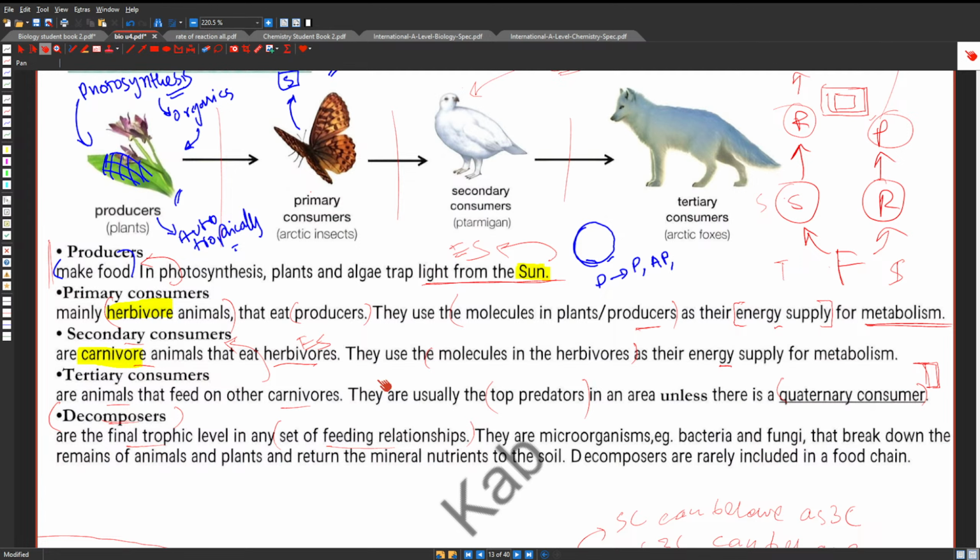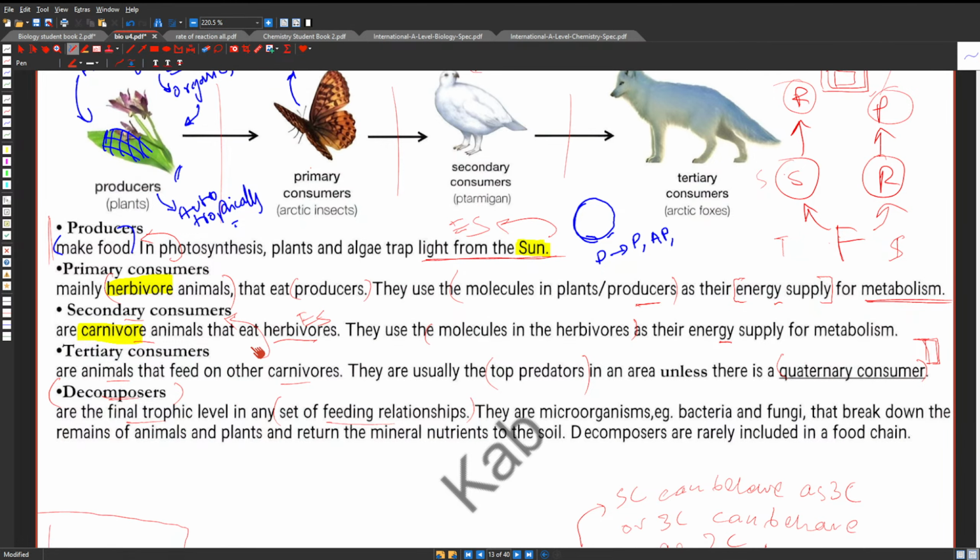Okay, let's talk about the different energy levels. So there's your producer energy level, your primary consumer energy level, your secondary consumer energy level, tertiary consumer energy level, decomposer energy level, and there's an entirely different food chain, separate, which is meant for decomposers, because they bring them back into the soil so that they can be used to form the backbone, or essentially the foundation layer for the already existing, or perhaps a new